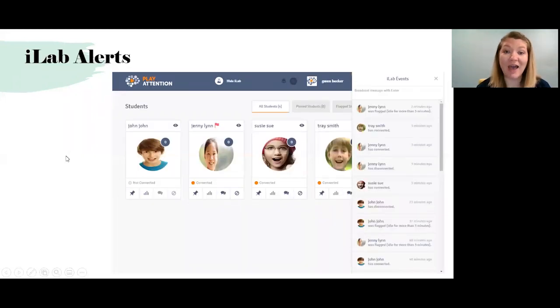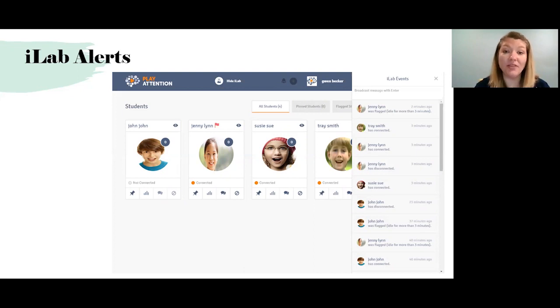You're also going to have the ability to get an iLab alert. This is helpful for remote training, but it's also helpful if we're in group training. Basically, you see here on the screen kind of like a big chat box with lots of information in there. So if your student all of a sudden has 0% attention, it's going to flag you, because it's important to know that, because maybe they took their body wave armband off, maybe they're having an issue with something.